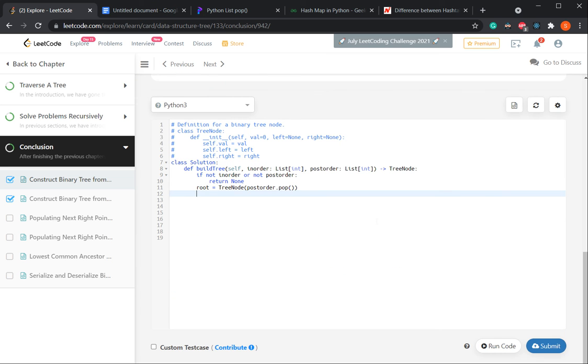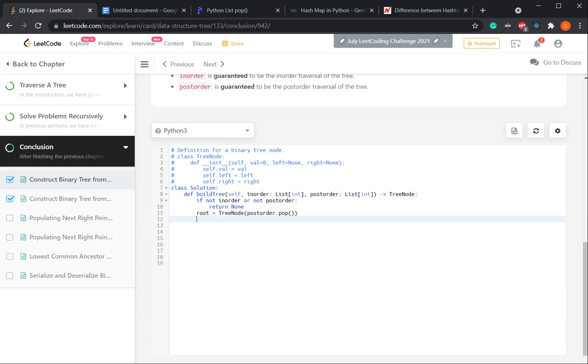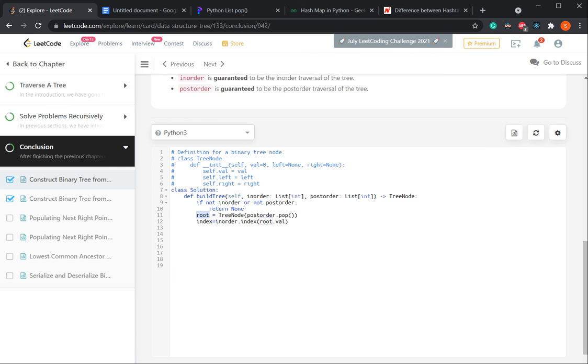How we can find that element is by using an inbuilt function of Python. So let's say the variable is index equals to inorder.index of the value. The value would be root.val, because here we have defined the root, and the value of root is 3.